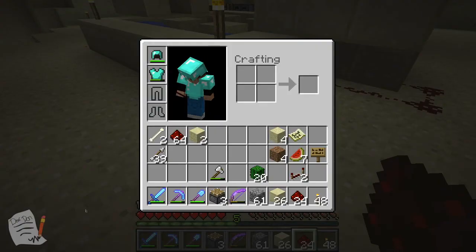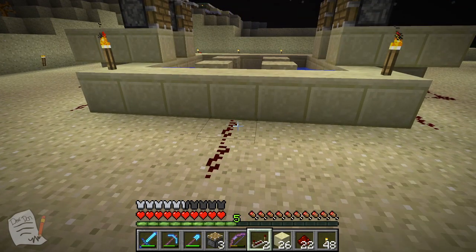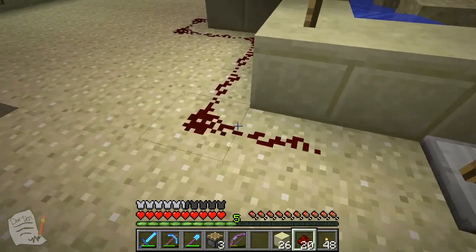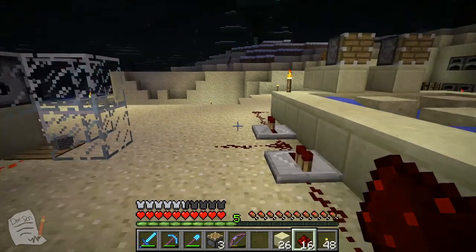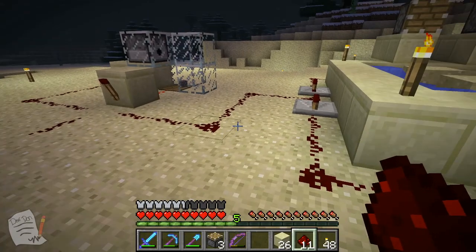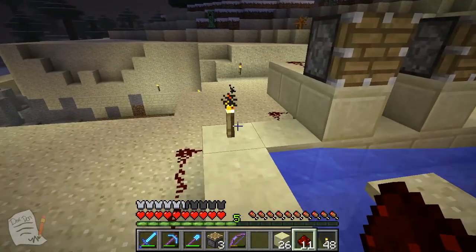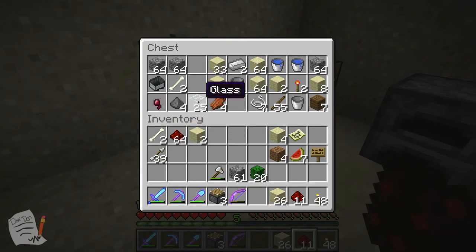Okay, and now we need our repeaters. I'd say bang, bang, here, and there, there. Okay, so that should work. So when that disappears, that should make these pistons go. So we'll just start dressing this up and making it look better. And hopefully we'll catch a glimpse of it as it's trying to...